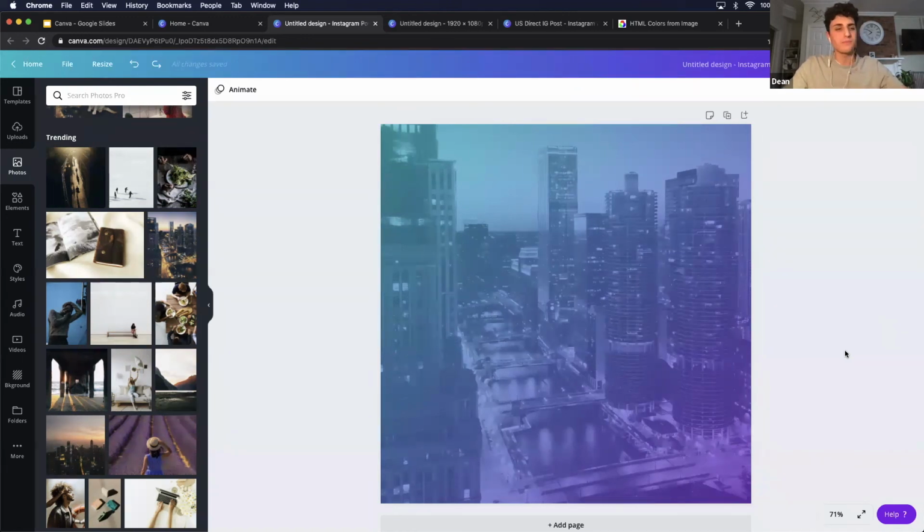So maybe you want to post some informational content. You want to put a little title saying like 4 tips on ABC, and then you just list them out here. But it's not just a basic blue background. It's this really cool branded gradient with a nice city skyline.